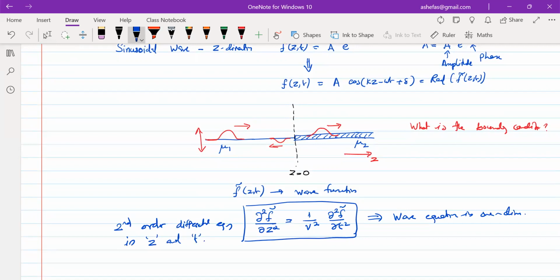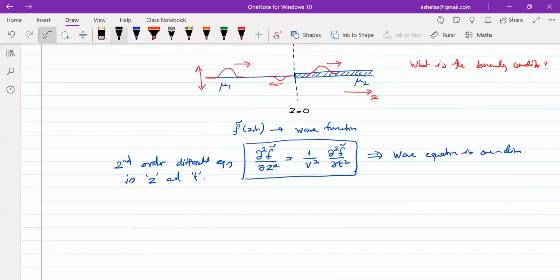So in order to define the second order differentiation of a function, its first order derivative as well as the function itself must be continuous. Okay, so that is the mathematical theorem. So in order to find the second derivative of f tilde of z,t with respect to z,